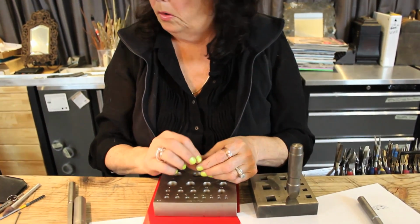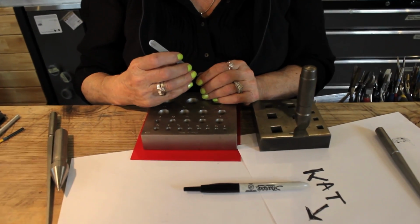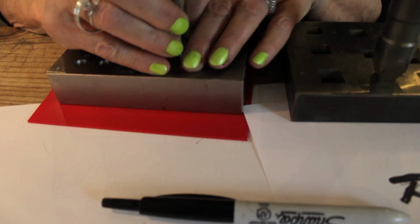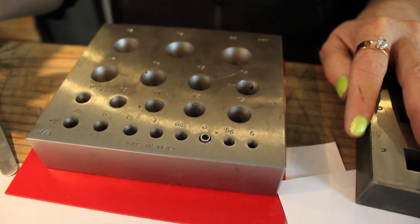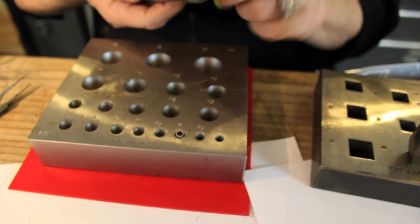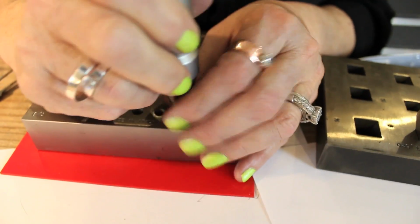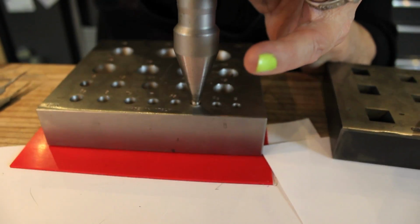So what you want to do if you're going to be using the bezel punch is try to find a hole that is the closest in size to it without too much of it hanging out the top. And I think I like this better. And you need to center it in there. And then you take your dangerous looking little punch here, but this is also great to form things on. You can put tubing on here and form that. And make sure that you're centered and that this is at your 90-degree angle here. And you take your mallet,